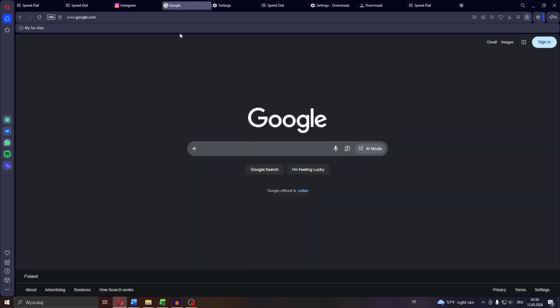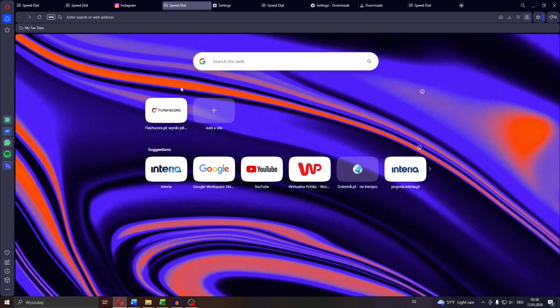So let me navigate to that example tab here. What you want to do is right click anywhere you like here on your page, and then move, for example, to the left and release your right mouse in this case here, and that is going to perform the go back to the previous website action,